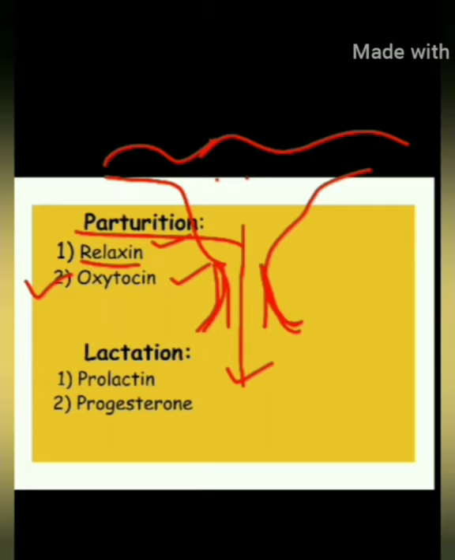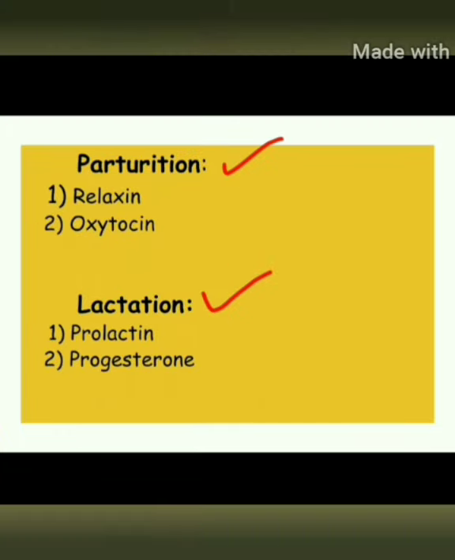One more thing, the milk which is formed is secreted out from the breast with the help of oxytocin. Prolactin is the hormone responsible for making the milk, but the release of the milk is done by the oxytocin hormone. Now after the child has taken birth, the next thing is nutrition. The child needs nutrition, which is known as lactation. Milk is formed with the help of prolactin, and it is released with the help of oxytocin.